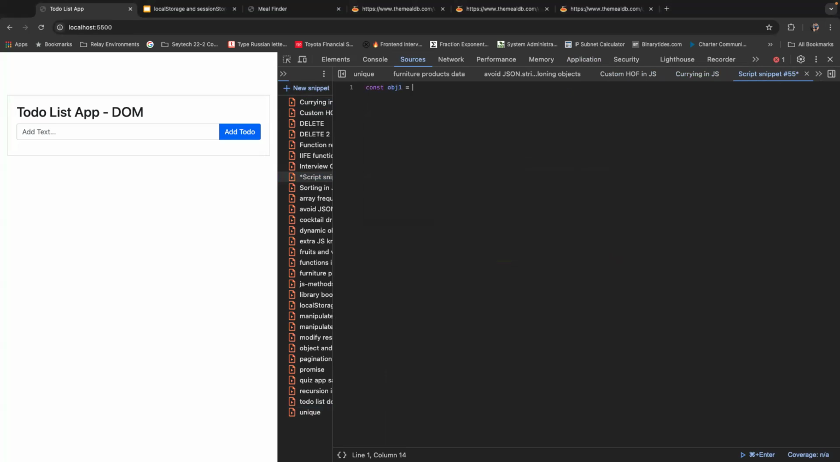object one. Let me create it. Constant object one, okay? And I type name, Alex. Let's type skills as an array, right? JS, PHP, etc. Okay. Back. Okay, age,